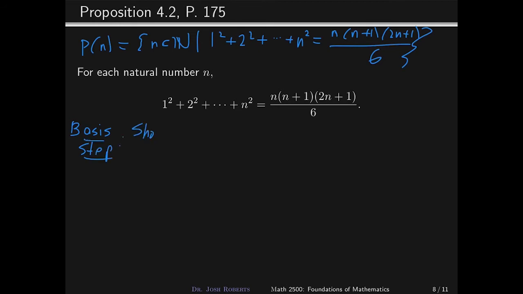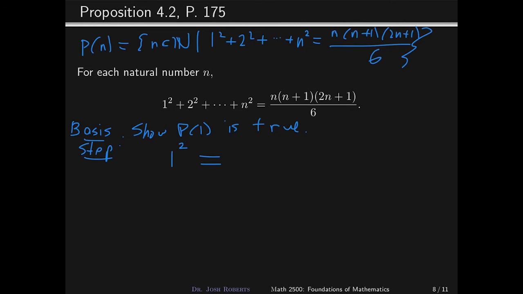I have to show that P of 1 is true. So what does that mean? P of n is the sum of the first n squares is equal to this. Well, if I have P of 1, I have the sum of the first square. That is 1 squared. And this should be equal to,